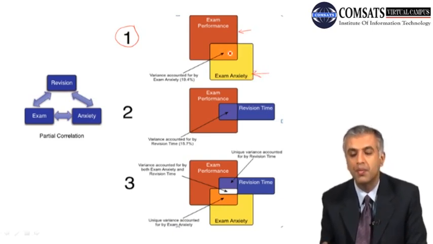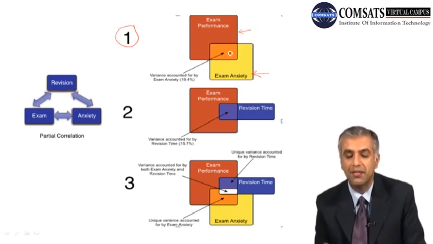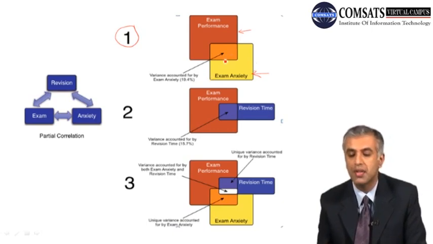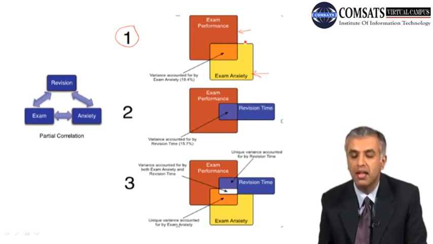Between these two, we tried to find the correlation, and when the correlation figure was squared, we were given the variance accounted for by exam anxiety, which has been reported to be 19.4%. This variance is shown here in this rectangular shape, which is common